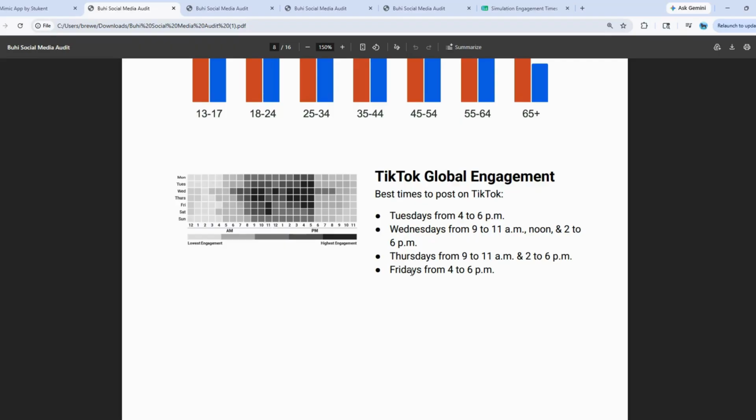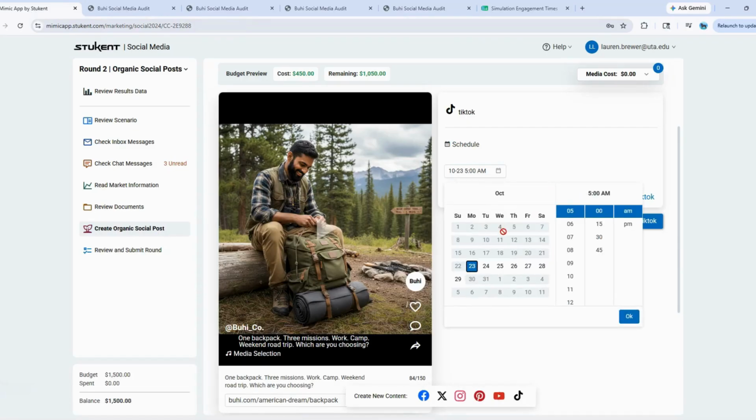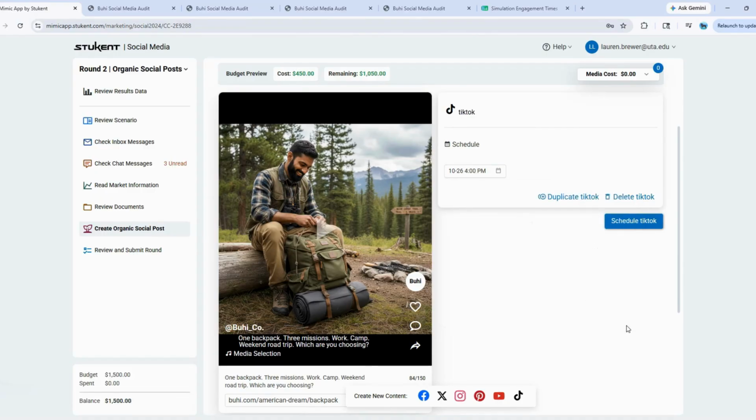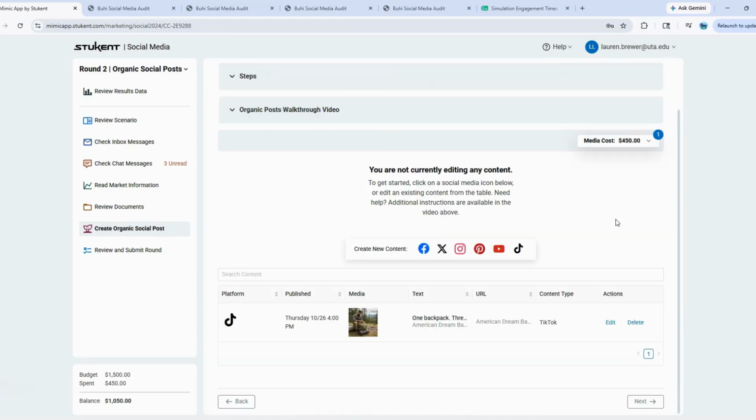Let's pick Thursday at 4 p.m. So Thursday at 4 p.m., we can see that there's high engagement times around this specific time. So hopefully that will also help to increase our engagement. So we'll go back and we'll select Thursday at 4 p.m. And we'll click schedule. Okay, so our first post is scheduled.